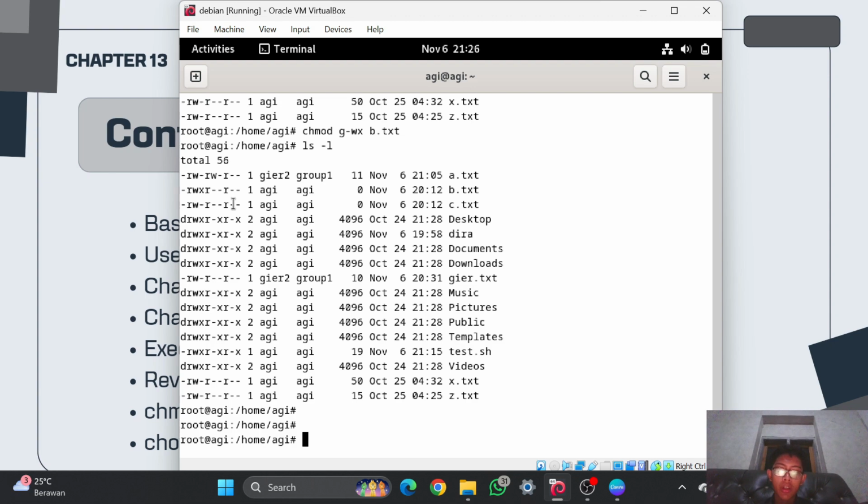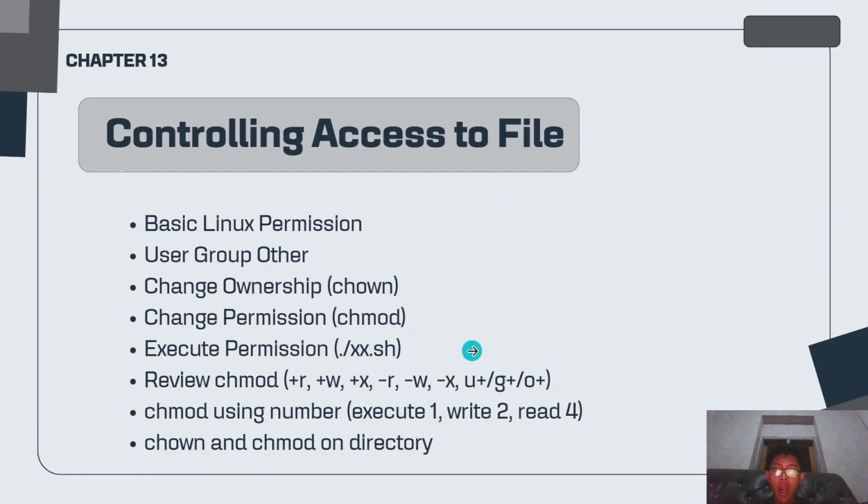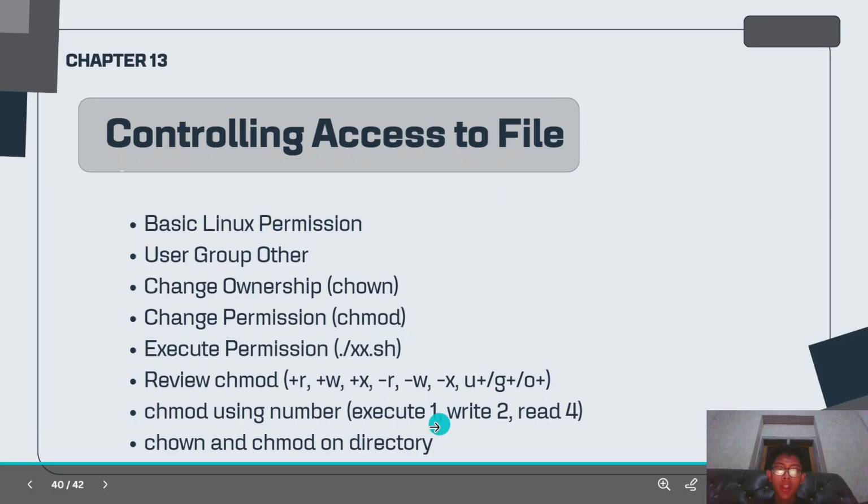So in here you can use chmod, and then the first one, c.txt. In here I want to make the Agi user have full access. That means execute, write, and read.